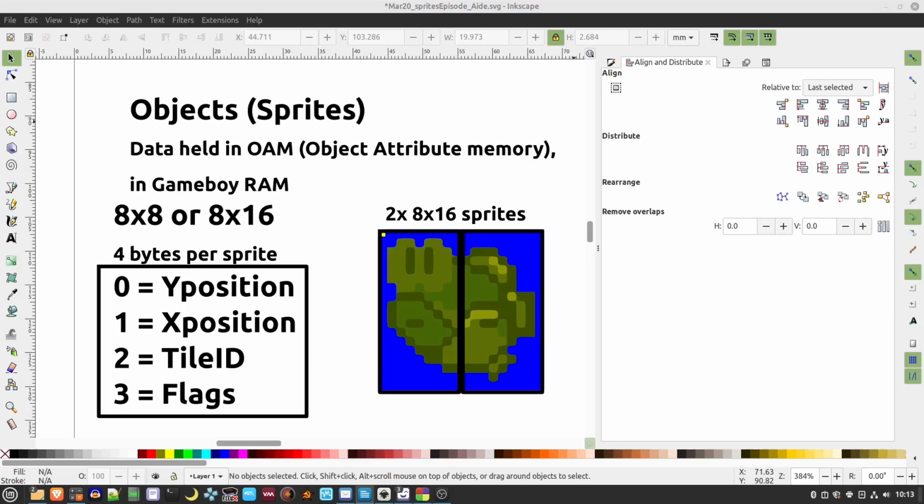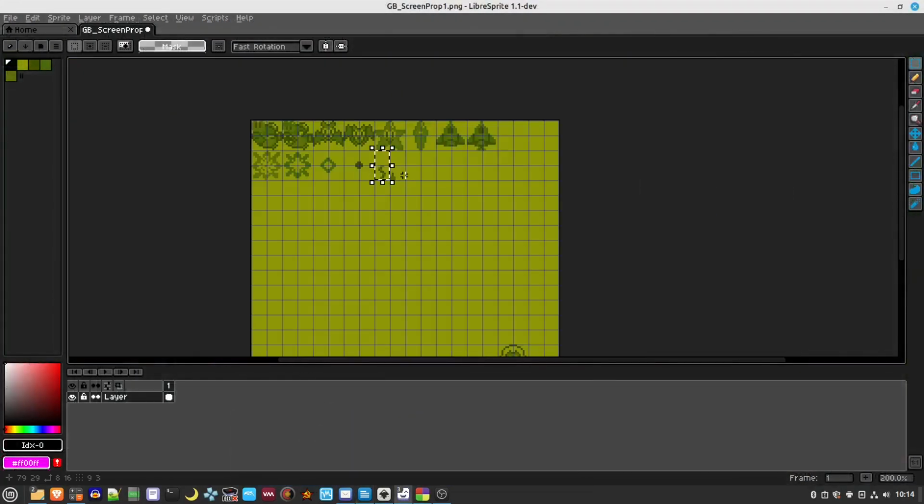Sprites, or objects as they are known on the Game Boy, are movable objects that can be drawn either above or below normal tiles on the tile map. Sprites can be moved with greater precision than tiles, as they are not aligned to a tile map, so they could be moved 1, 2 or more pixels at a time in any direction of your choosing. They can also have their tiles flipped horizontally or vertically, and be either 8 by 8 or 16 by 16 pixels in size. So if I bring up this example here,